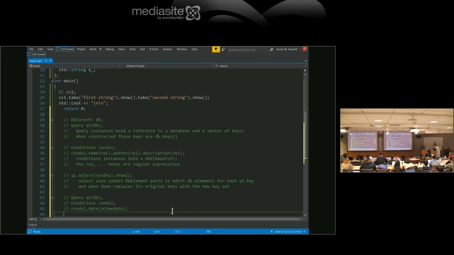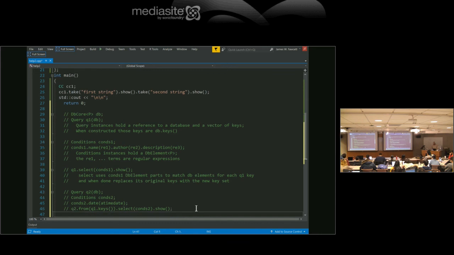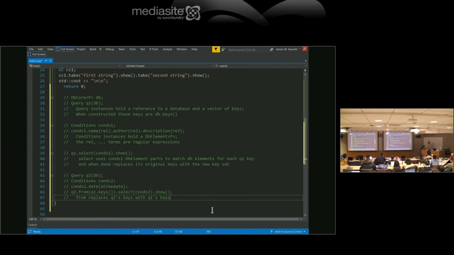So now what from does, from replaces Q2's keys with Q1's keys. All it does. So what happened here is